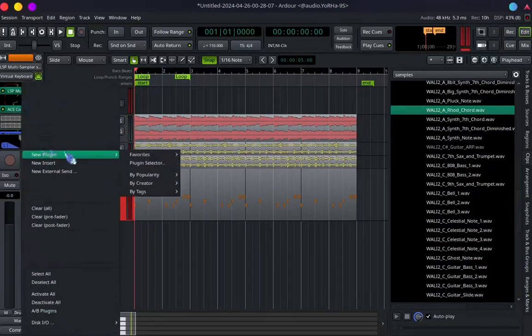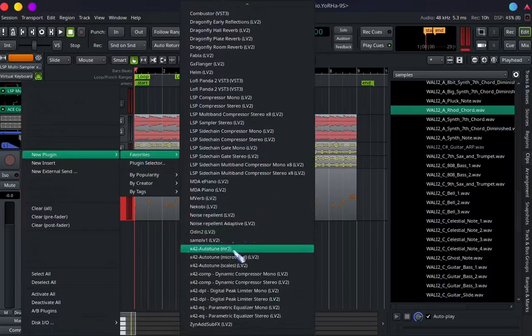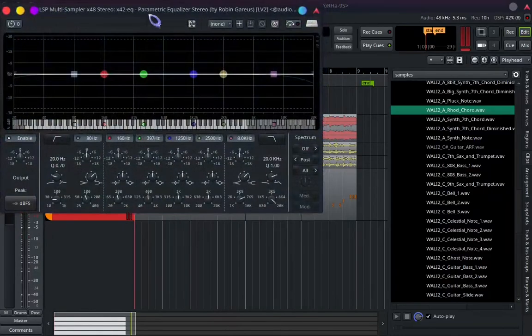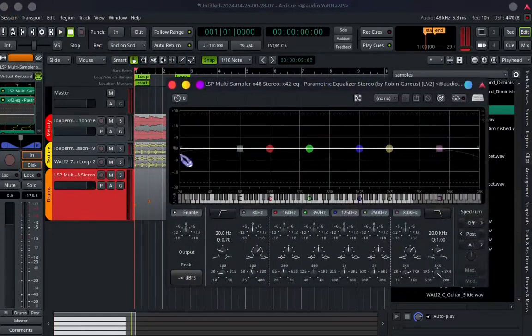add a parametric EQ to our drums. I'll add that before the compressor. So as you can see, I'm going to use the X42 EQ, parametric equalizer, stereo version. Double click on it. And to get live information about what I'm hearing and where those frequencies lie on here,